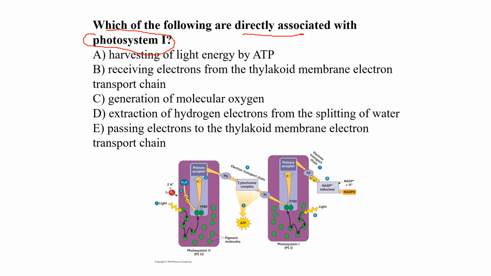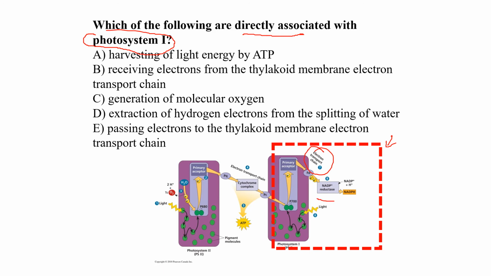And again, photosystem 2 is here, the second section of the light reactions. And if you remember, there is an electron transport chain here that ends up producing the NADPH,